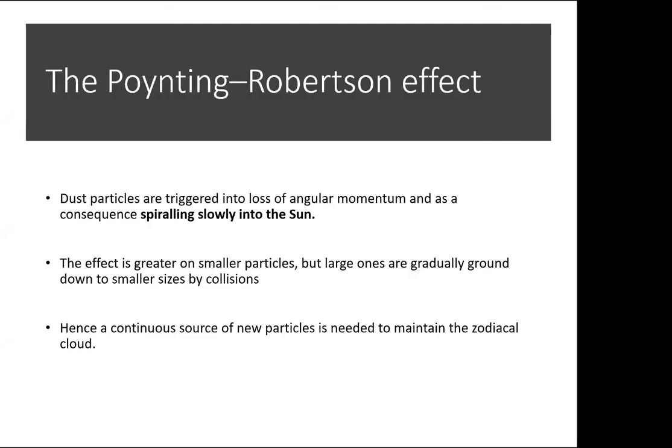But also because of this spiraling inwards, eventually the material, if it doesn't hit a planet first, will fall into the sun. And that's why the fact that we see the zodiacal cloud at the moment means that it is continually being refreshed. So it's regenerated from the comets and asteroids. But let me try and explain why sunlight causes things to fall into the sun. It's a little bit complicated,